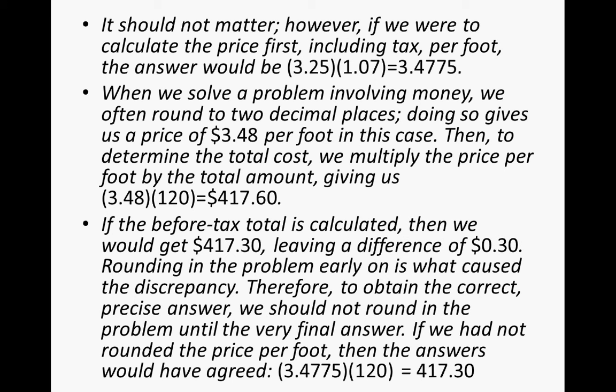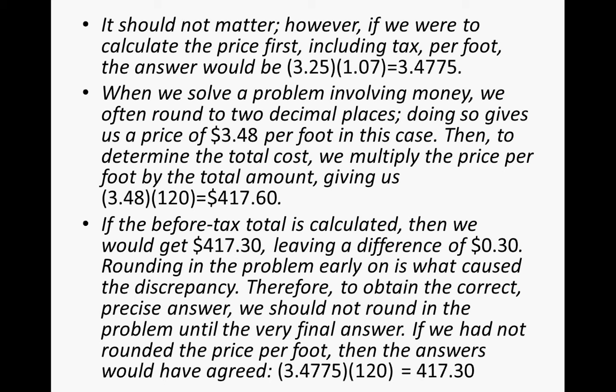If the before tax total is calculated, then we would get $417.30, leaving us a difference of 30 cents. Rounding in the problem early on is what caused this discrepancy. Therefore, to obtain the correct precise answer, we should not round in the problem until the very final answer. If we had not rounded the price per foot, then the answers would have agreed. 3.4775 times 120 would give us